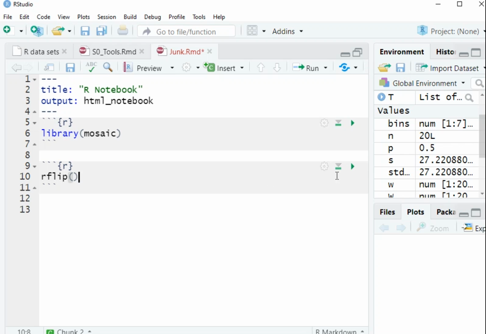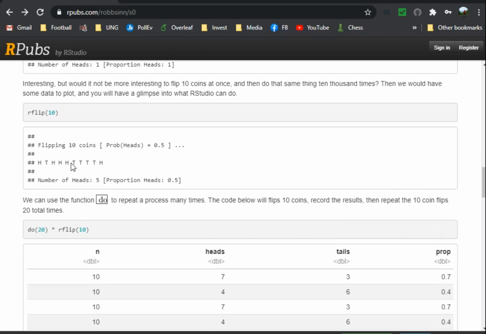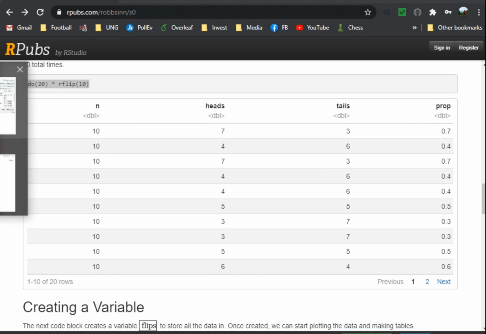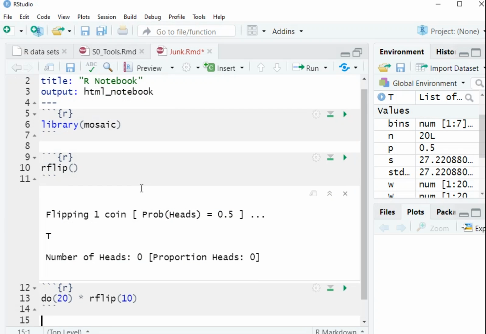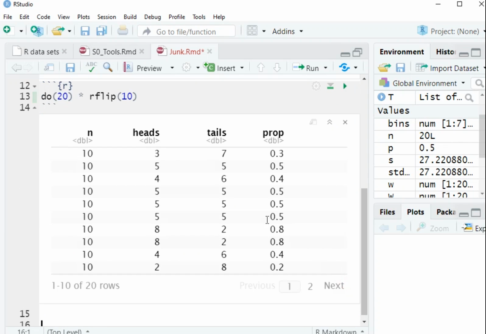section, and I can do rflip, and then I can execute it. And it flipped a coin, and it came up heads. So you can either start a blank notebook and copy paste from the live notebook that's online, and then come to your document here and put in another code fragment. So Control-Alt-I, and then copy paste this code fragment, and then hit play, and then you can hit